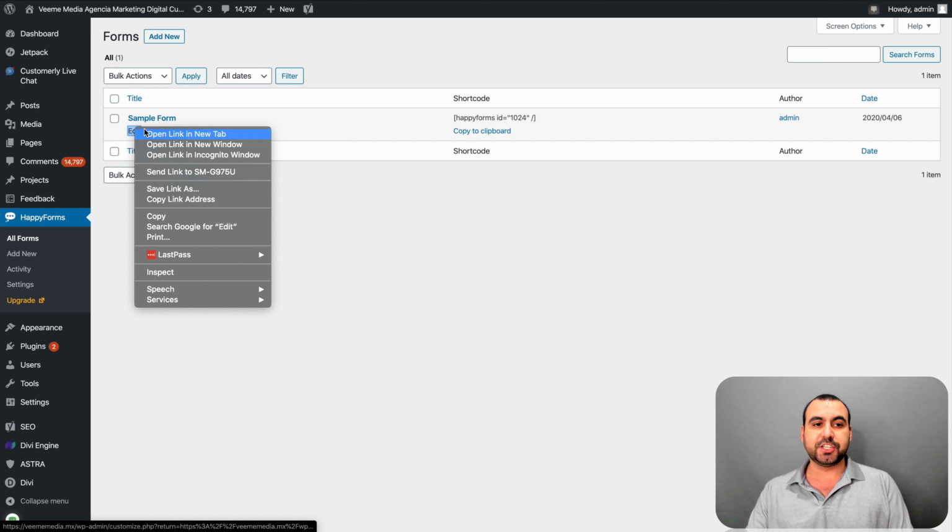Today we're going to check out HappyForms, which is a WordPress form builder. Now they have a really powerful free version that you can use and we're actually going to check it out right now. So to get this free version of HappyForms, what you have to do is log into your WordPress